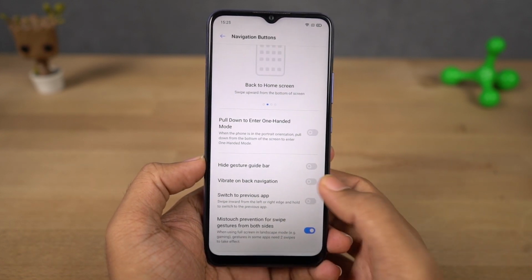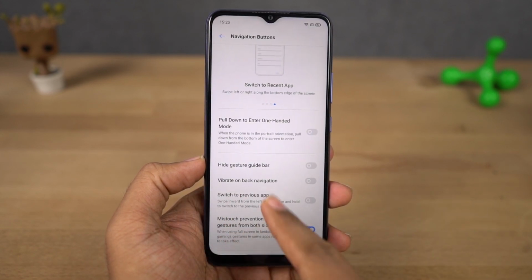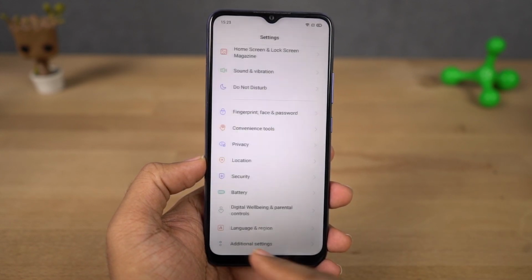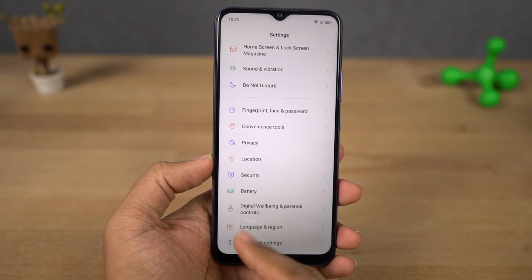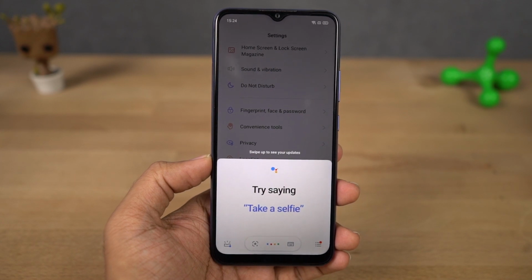To go home, you can swipe from the bottom of the screen. For recent apps, you can swipe and hold. Now to go back a step, you can swipe from the left side or the right side and it takes you back a step. For Google Assistant, you can swipe from the bottom left corner or bottom right corner diagonally to